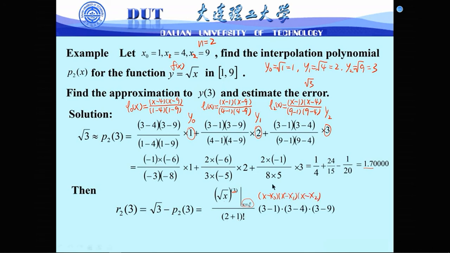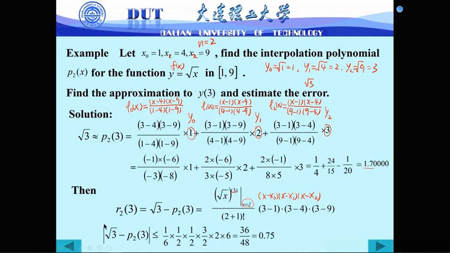So here x is 3. Okay, x0 is 1, x1 is 4, x2 is 9. So 3 minus 1, 3 minus 4, 3 minus 9. It's okay? So we can compute these numbers, right? Okay, then here we can obtain the error by the absolute value. By the absolute value, the error can be bounded less than or equal to. Okay, of course here,